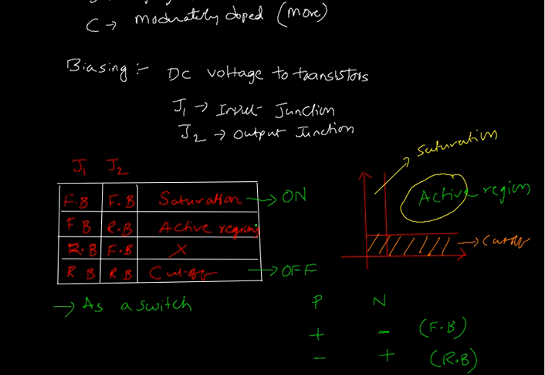Another main application is when you use the transistor in the active region, it will act like an amplifier. If you give, let us say, 2 volts input, maybe you will get around 10 volts or more in the output. Just as an example, this acts like an amplifier. So another main application of the transistor is that it can be used as an amplifier.